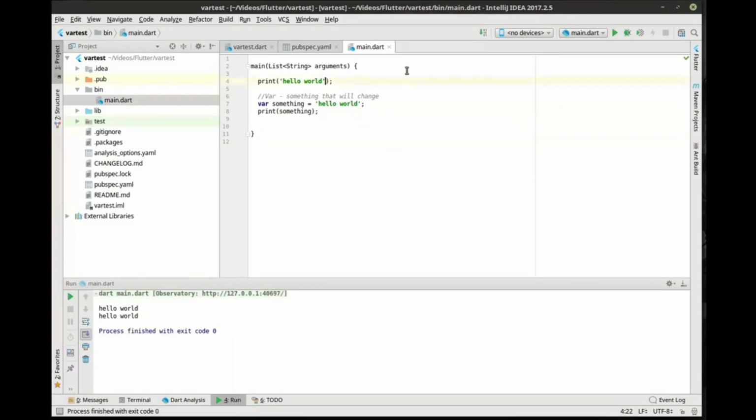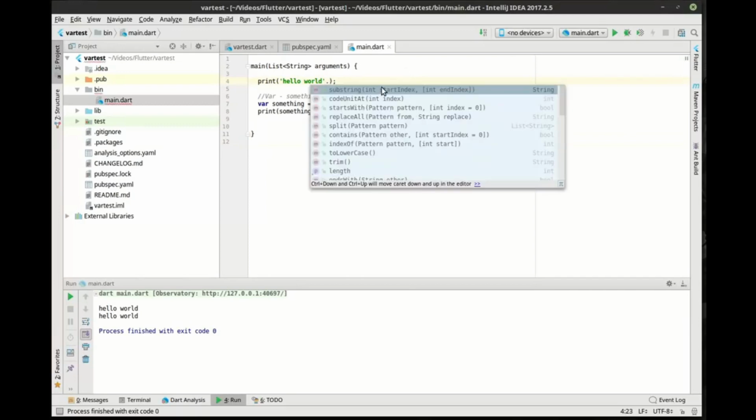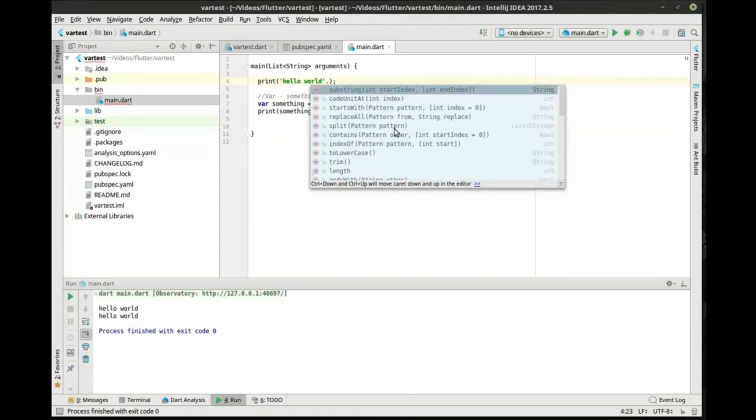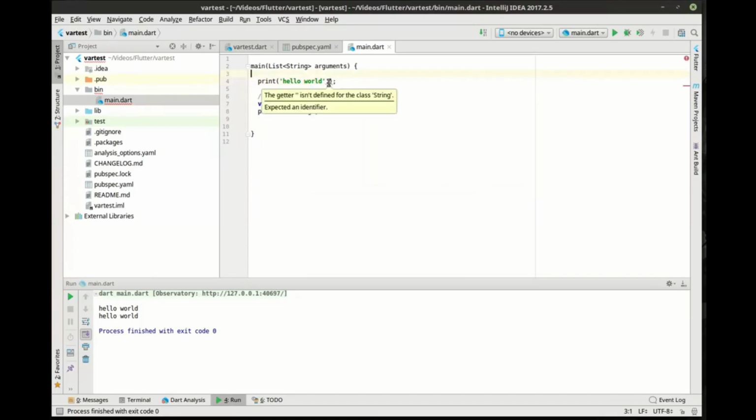To kind of drive that point home, you can actually press dot after hello world, and you see it brings up all of the other functions in the string class, which if all of that sounds like voodoo nonsense, don't worry, we're going to cover all this in future tutorials, but you just need to understand that a variable is something that will change. To drive that point home, you can say,